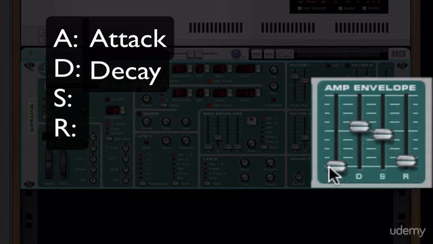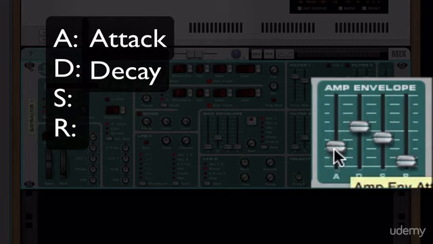Okay? So we have our initial attack. This is where I hit that cymbal with a stick. The decay is how long it takes to get down to that point where it's just ringing, right? And that's the sustain, the ringing. Okay? So in a synthesizer like this, we might have, let's put our attack there,